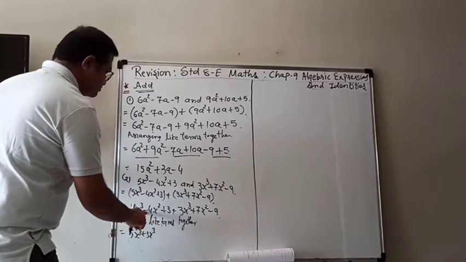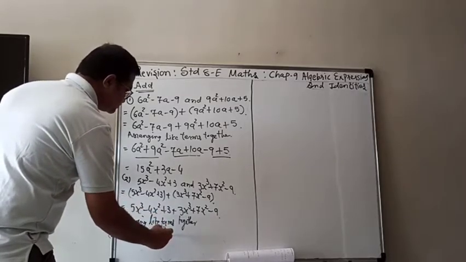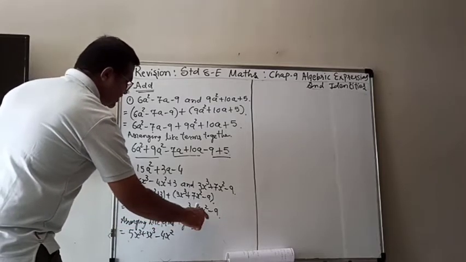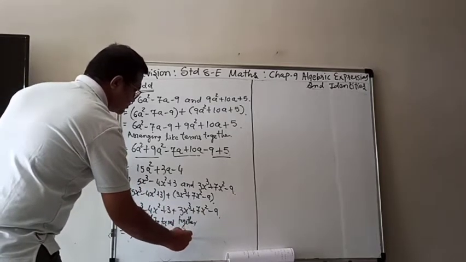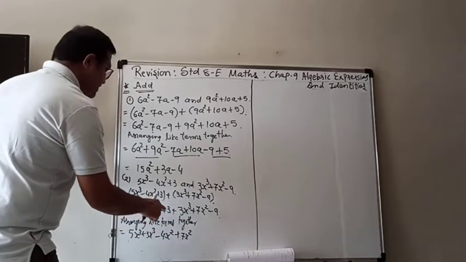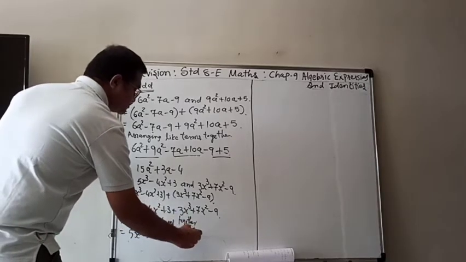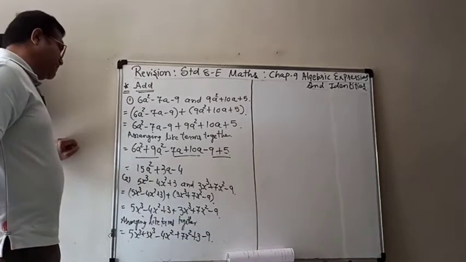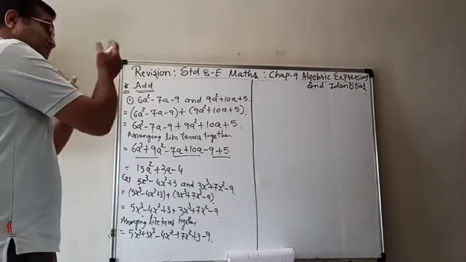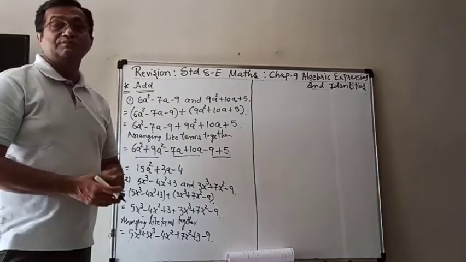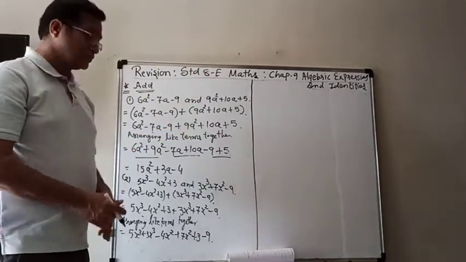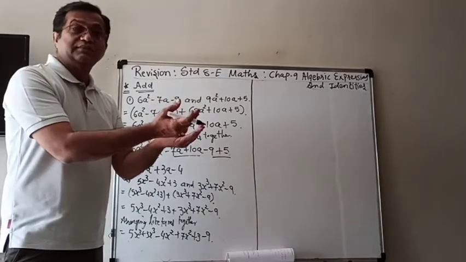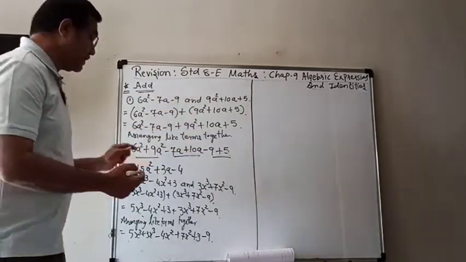The second family is minus 4x square. Where is the other x square one? Here. Plus 7x square. And then the last plus 3, and it has family member minus 9. So you have to check the sign before the term, not after the term. So whenever you rearrange them, we have to take that term with the sign and arrange.